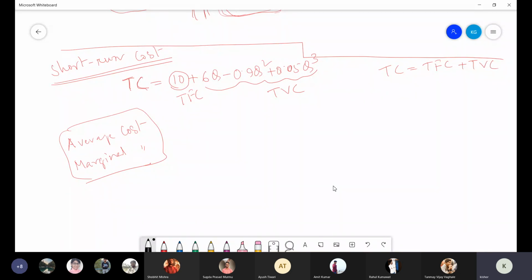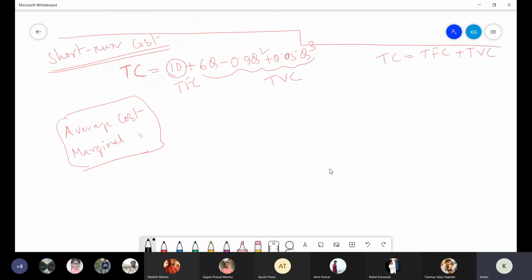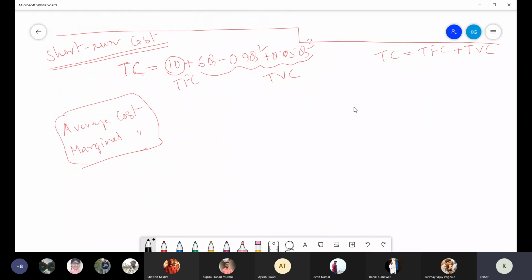So we discussed that we can solve it in tabular form, graphically, as well as with the help of some equation. In the short run, we were here last time. Suppose you do not know this value. What you can do easily is find the value of Q. You can go on putting the value of Q. Q is the output here. Against Q, you will get the total cost value. Very easily you can calculate it.